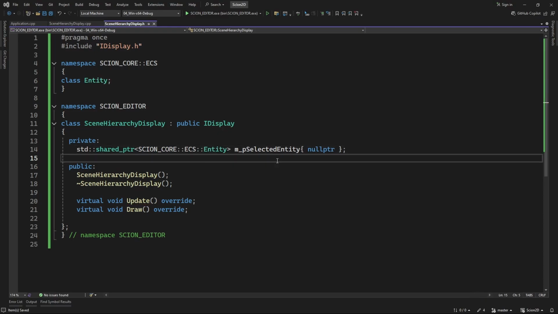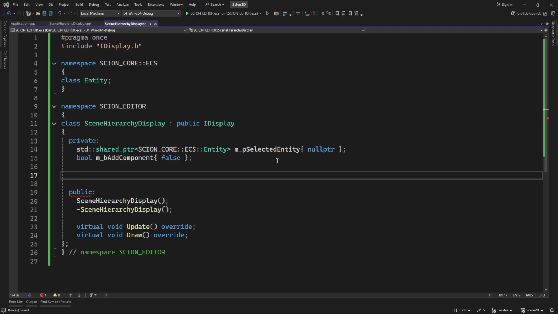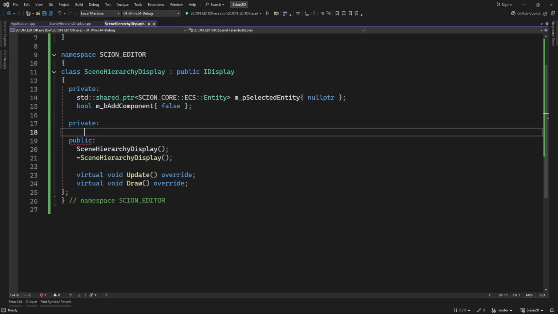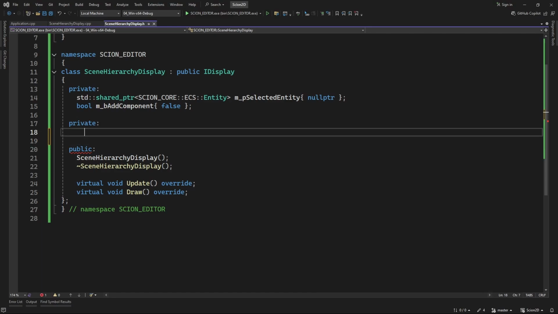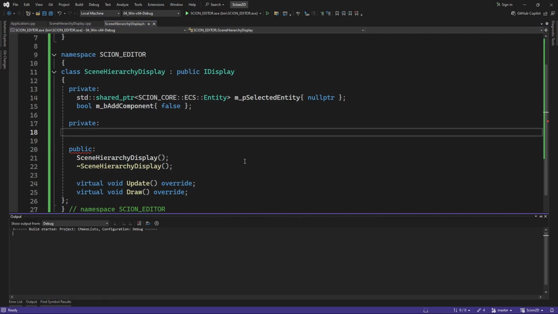Cool. And we're also going to need a flag or bool for adding a component. mb add component. And this will start as false. And I'll show you where we're going to use that shortly. So also, we're going to have a private here. This is for the function, so some private functions. And the first private function I'm going to have is if we go back and take a look at the scene hierarchy,